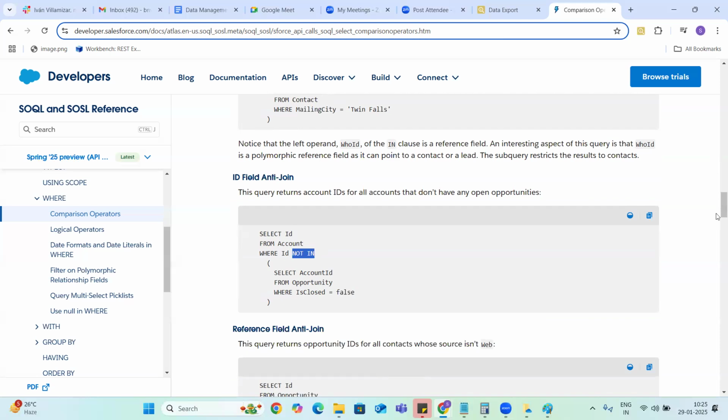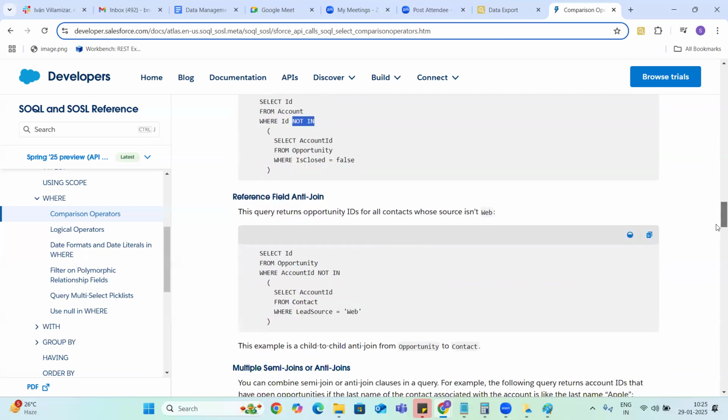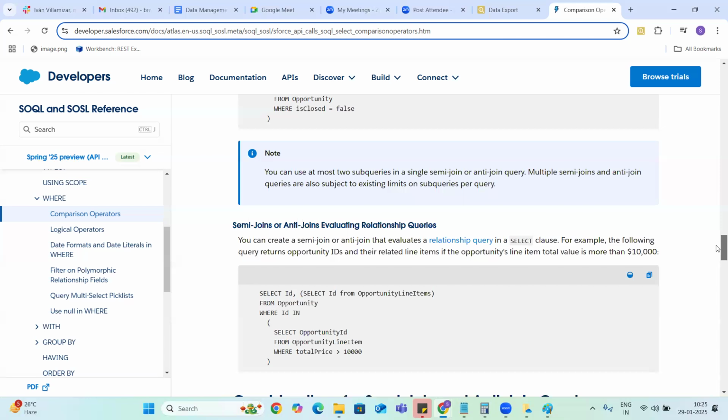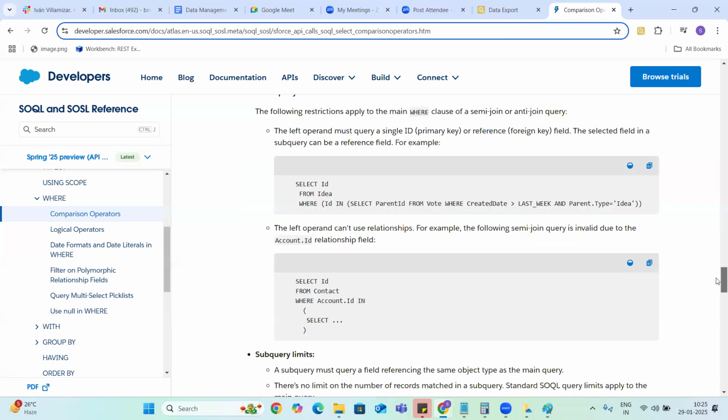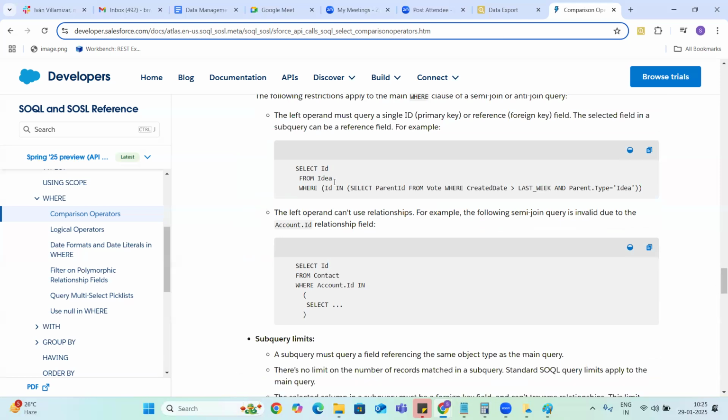We are going to apply not in. So using one query, we get a particular field value.